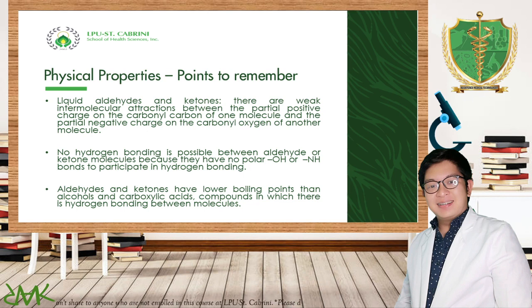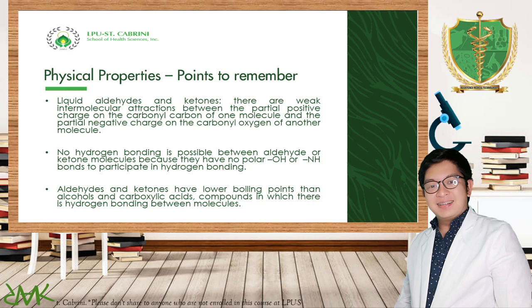No hydrogen bonding is possible between aldehyde or ketone molecules because they have no polar OH or NH. However, they are considered polar because of the difference in electronegativity between carbon and oxygen. But since they have no OH or NH, they are not capable of forming hydrogen bonding. Take note, people, that aldehydes and ketones have lower boiling points than alcohols and carboxylic acids,